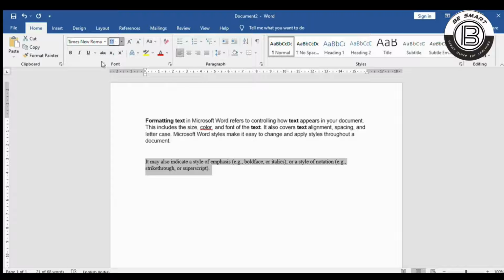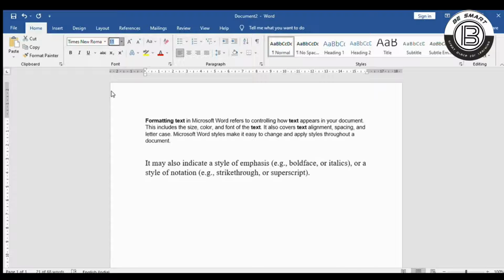To change the font size, in the nearby drop down menu you can change to any size. Here also the preview is available side by side. I am giving 14,